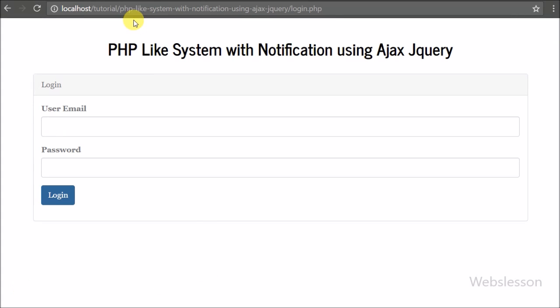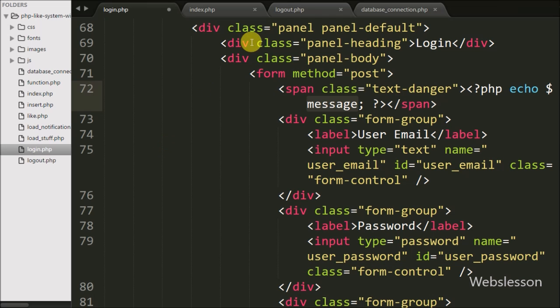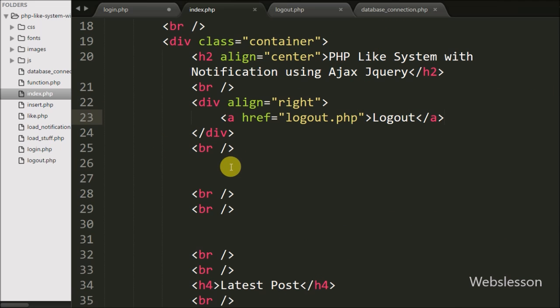Hello friends, in this part we will discuss how a logged-in user can share their ideas with the public. After this we will load all user ideas, so any user can view all users' content, and after this a user can like a particular user's post. So to make share content, we go to the index page, and on this page